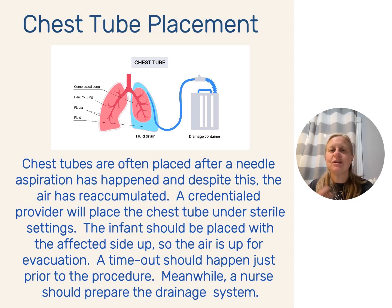If we're continuously getting air out or we can't fully clear it, or the pneumothorax reaccumulates, the provider is going to exchange that needle aspiration for a chest tube. A credentialed provider is going to place that under sterile conditions. The infant should be placed with the affected side up so that the air is available for evacuation. A timeout should occur. Make sure you're doing the right chest, the right procedure, the right baby,